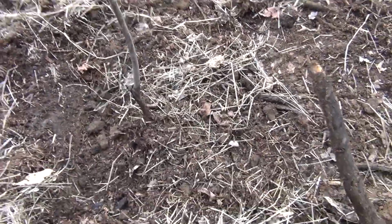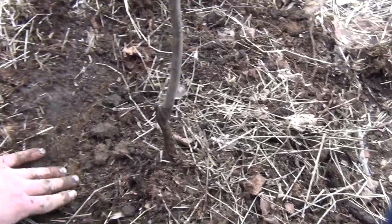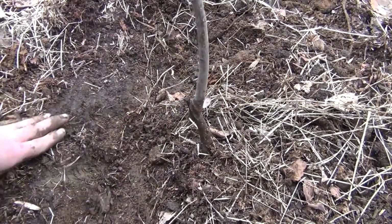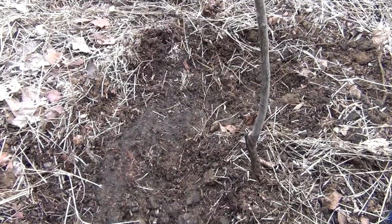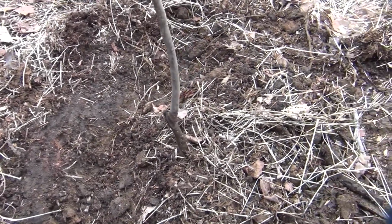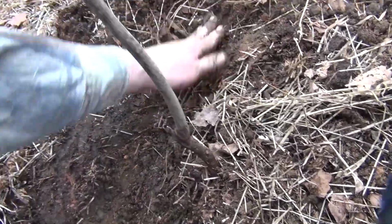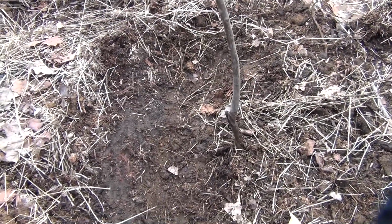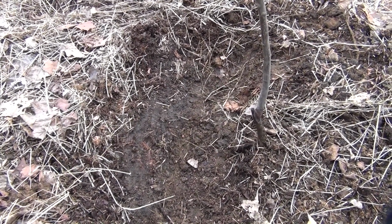So there's my Kieffer Pear. I got the dirt packed in pretty good around the roots. I'm gonna water it. And here I left kind of a low spot. The idea is I'll fill it in some, but as the water runs off down the mountain, it'll gather in there some, and it'll help water the tree when things dry out. But I want it a little deeper right now because I want to add a lot of water to it, try and get all the air pockets out of the soil. And once the water soaks in there, I'll go back 10-15 minutes and fill that in a little bit,